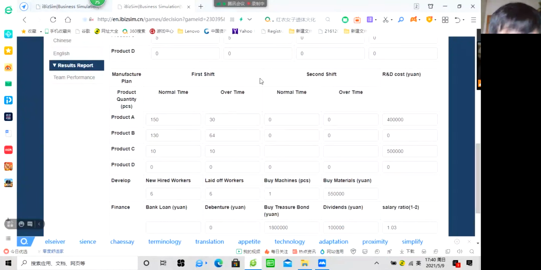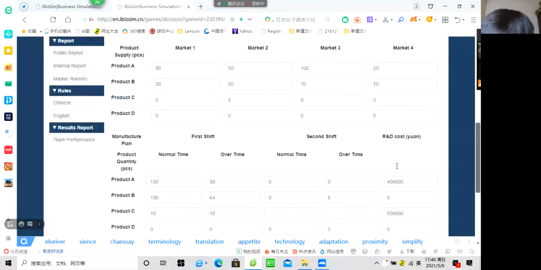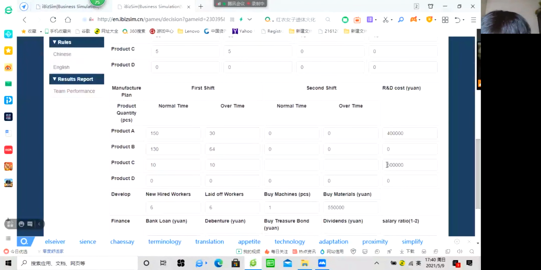Okay, we can. For our three company, that's very good. Because they produce product C, but they do not produce product D. Why? Because if you want to produce product D and product C, you must